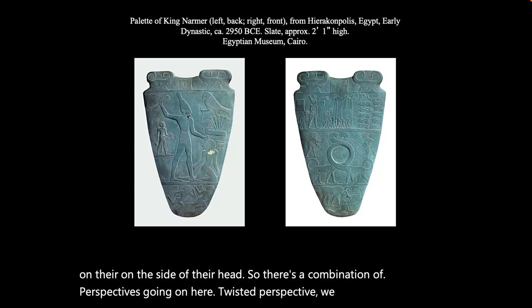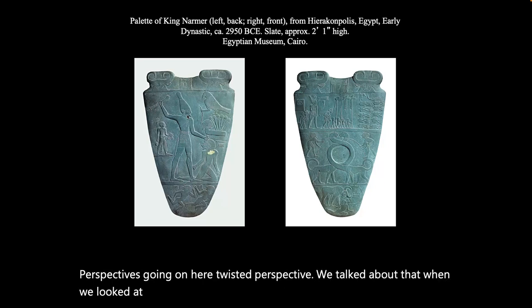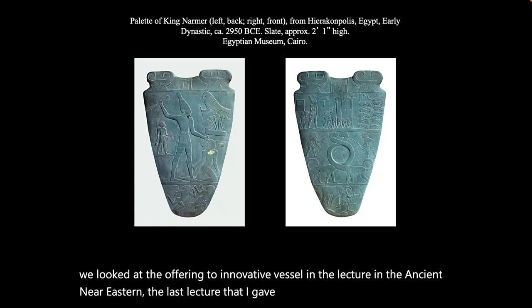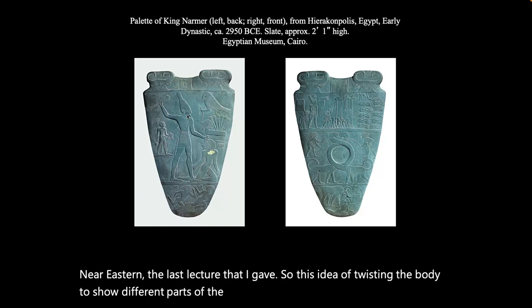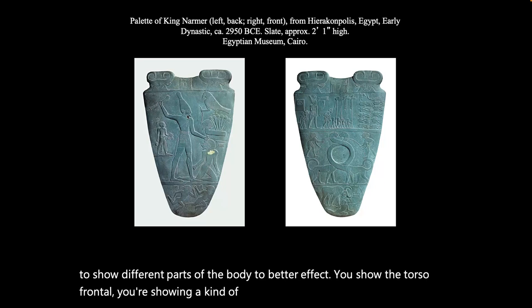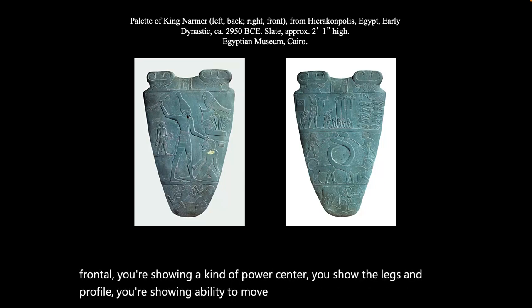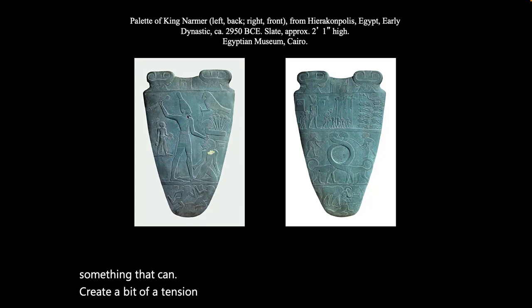We talked about that when we looked at the offering to Inanna votive vessel in the lecture on the ancient Near Eastern, the last lecture that I gave. So this idea of twisting the body to show different parts of the body to better effect. You show the torso frontal, you're showing a kind of power center. You show the legs in profile, you're showing ability to move. Combining these together is something that can create a bit of a tension and creates a kind of power